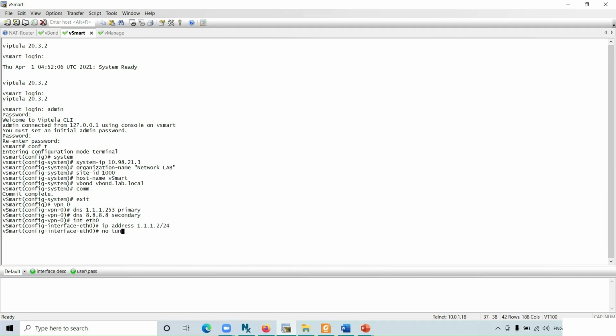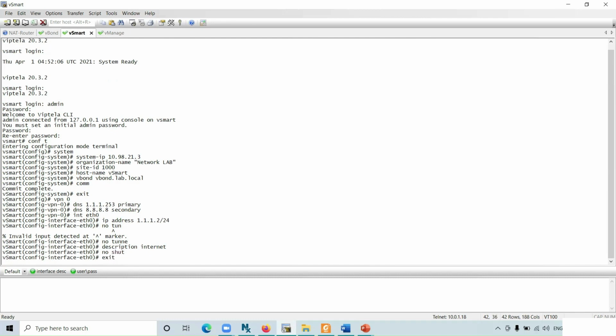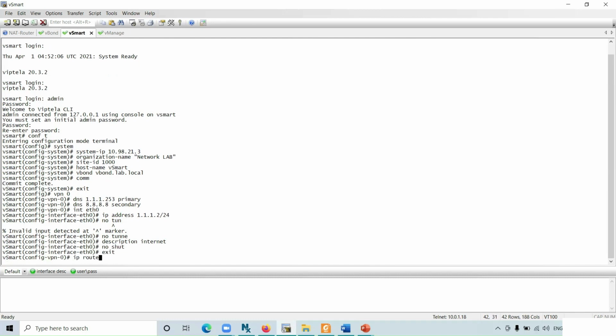No tunnel interface, it's not there, so I don't need to do anything. Next I'll say description internet, exit, no shut first, exit, IP route